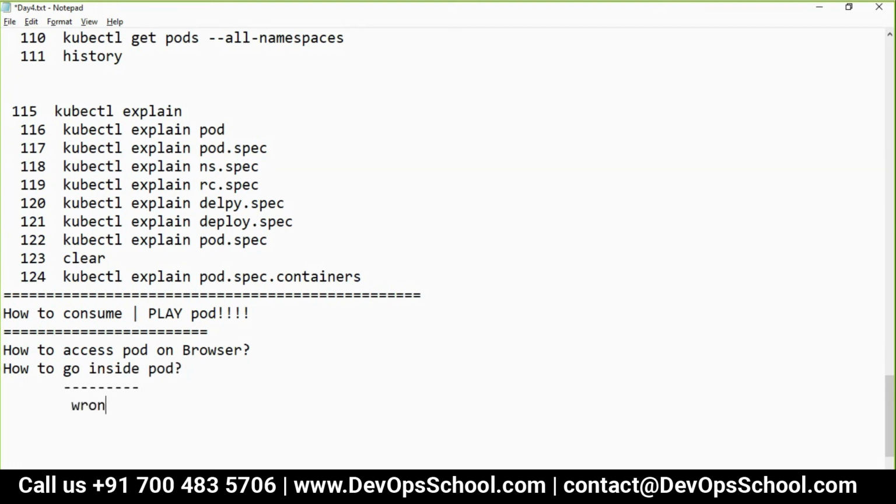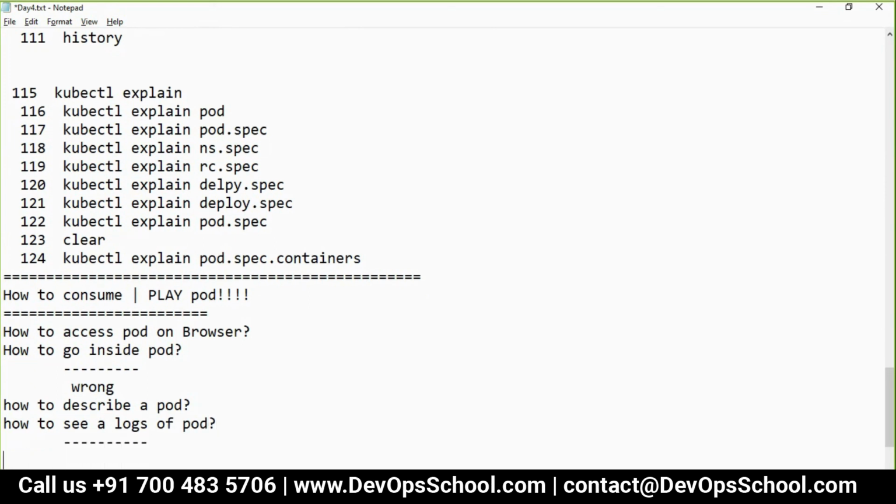Wrong statement, but still I am using it. How to describe a pod. How to see the log of a pod. Wrong statement again, but still I am using it.